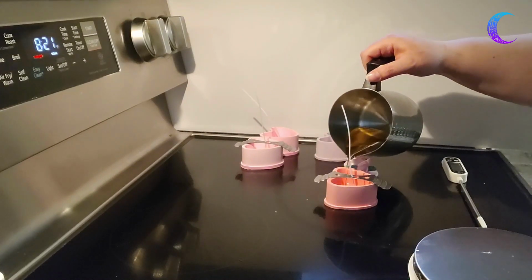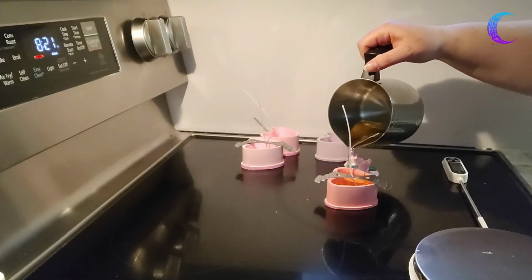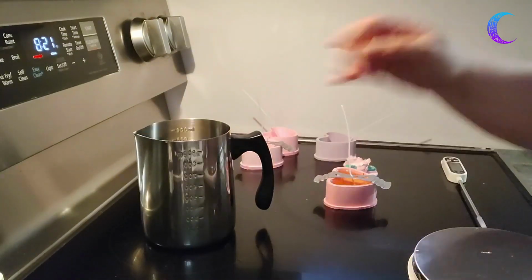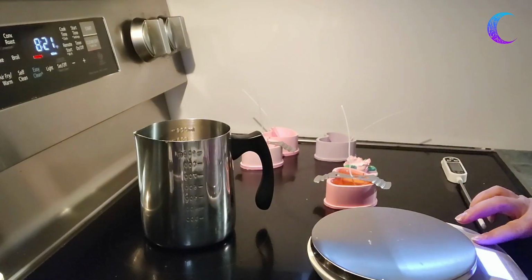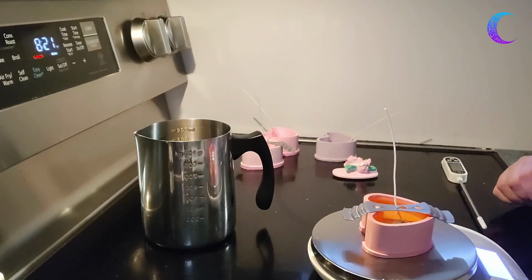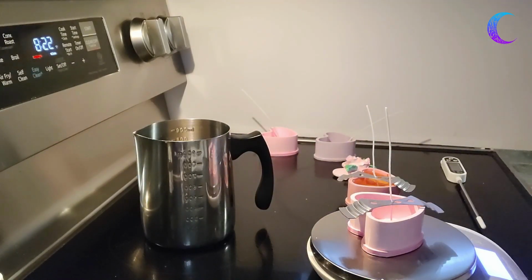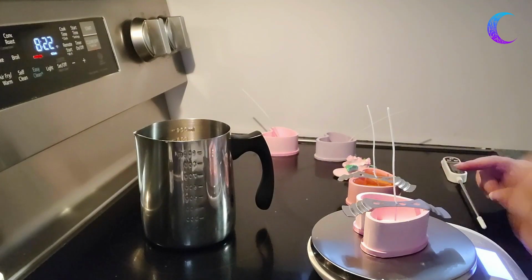Pour this in nice and carefully until you get it as high up as you want. I don't want it all the way to the rim. I just want it high enough. That took a lot, and I don't think I have enough for every single one. Yeah, I was supposed to weigh it. This is 3.28. I want to put a color in it, so we are doing...